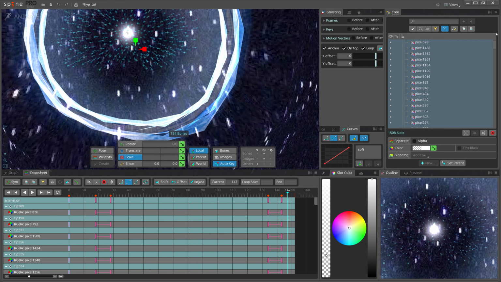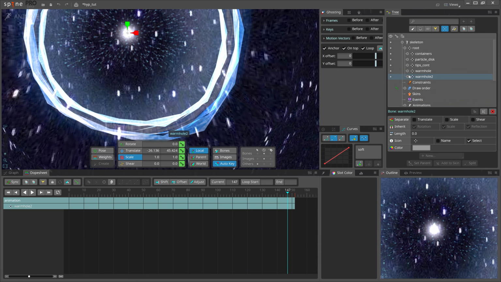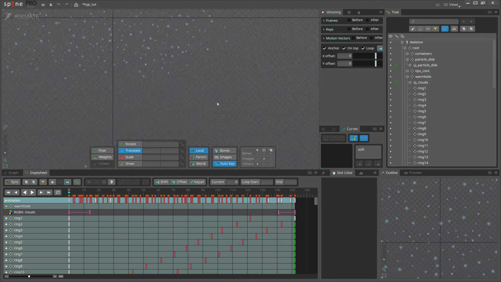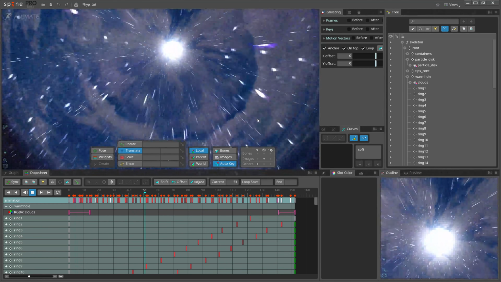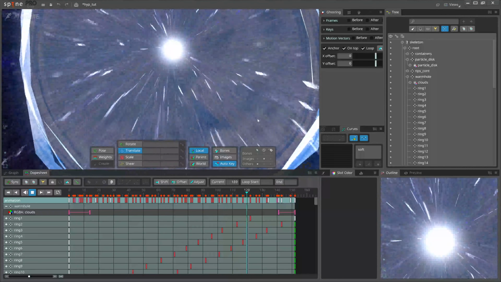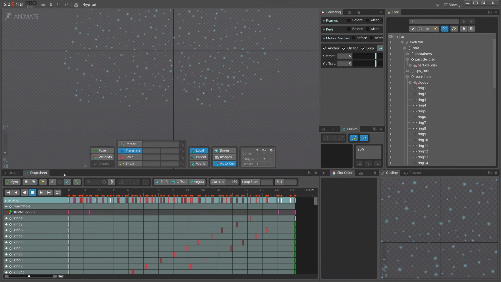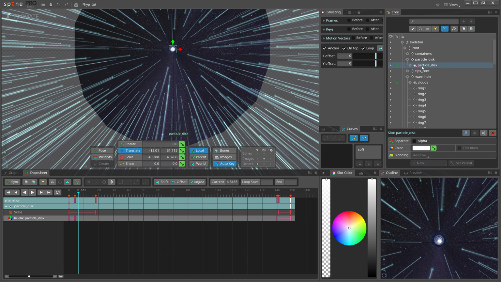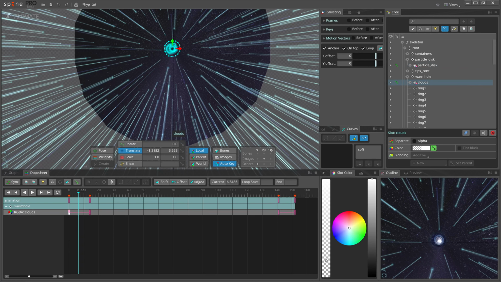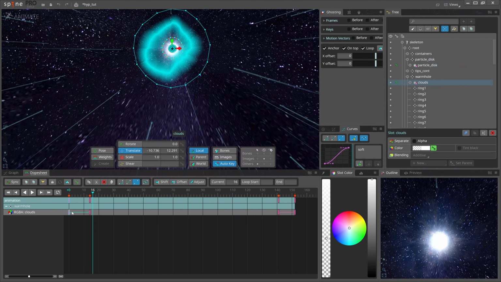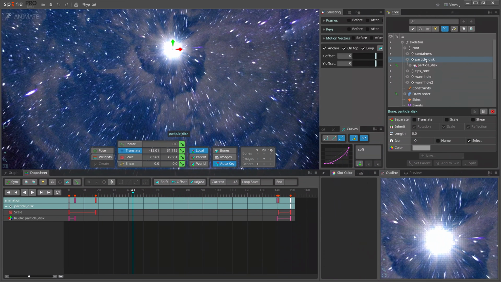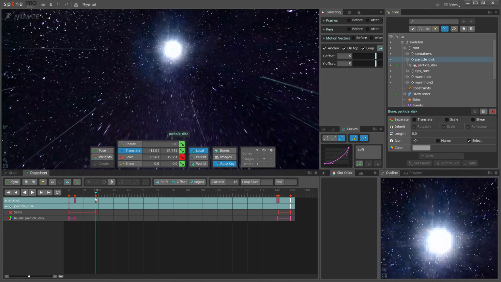We need to hide the wormhole actually. So at the beginning, we only see the stars. I think I can fix that in a moment. And then it all goes back to stars. Yeah, at least we have the framework. I don't like this center part. So maybe we can delay its appearing. Let's also create a vibration here,